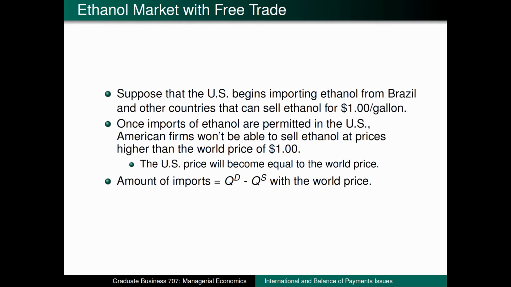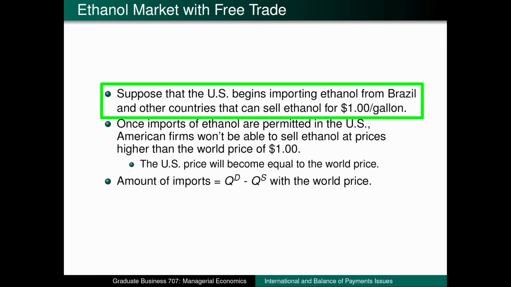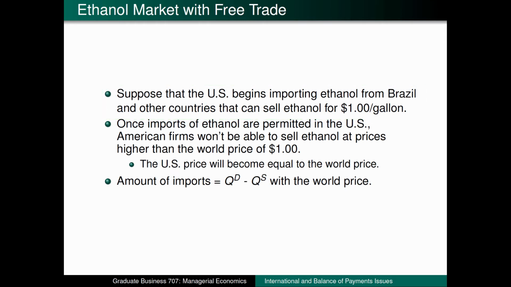If the US just buys American ethanol, we said in the previous graph that the price would be $2 per gallon. Let's suppose we could get ethanol from Brazil and other countries for an even lower price, say $1 per gallon. How does this cheaper foreign ethanol affect the supply and demand for American ethanol? Well, what would happen is with free trade, the market price would decrease from $2 down to $1. Remember from our supply and demand chapter that when the price is set below the equilibrium price, the economy results in a shortage because quantity demanded is greater than quantity supplied.